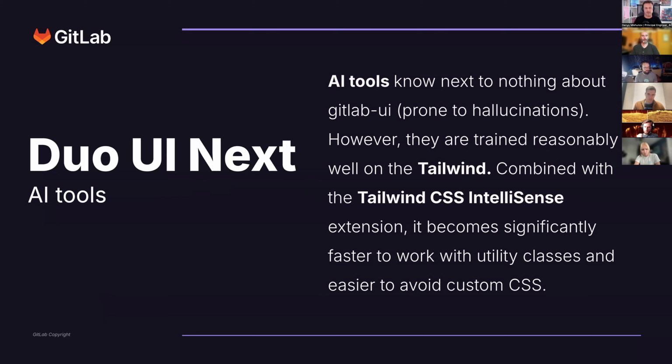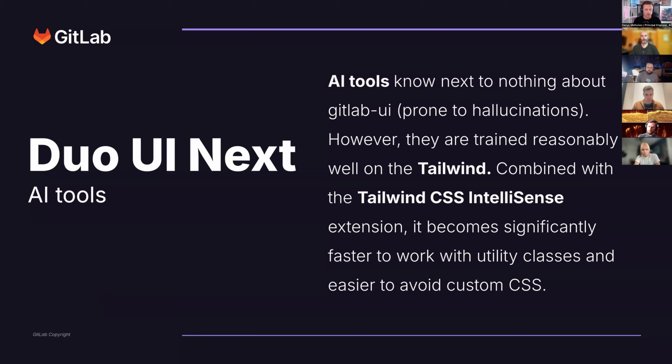And that's why we always have to consult GitLab UI when we add anything into our Duo UI project. However, they are trained reasonably well on standard Tailwind, and combined with the Tailwind CSS IntelliSense extension in VS Code, it becomes significantly faster. Actually, it might even exist for JetBrains as well. It becomes significantly faster to work with utility classes and much easier to avoid custom CSS